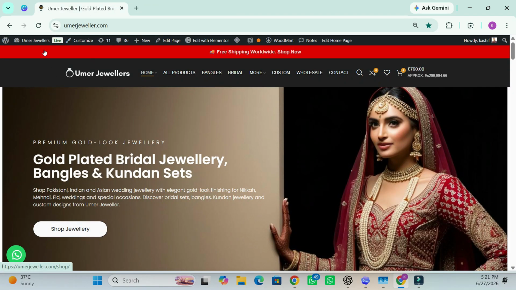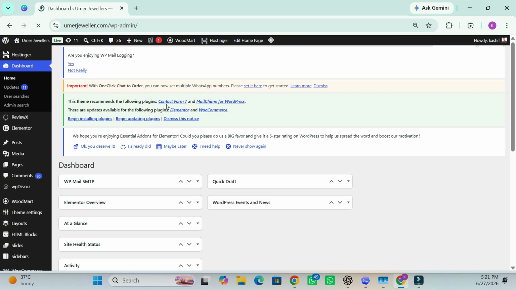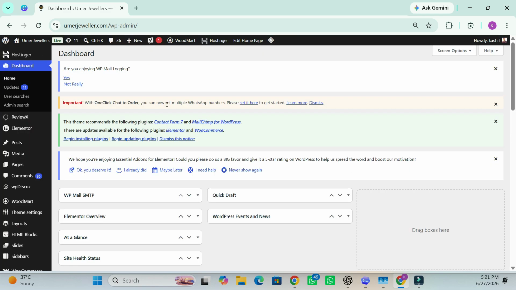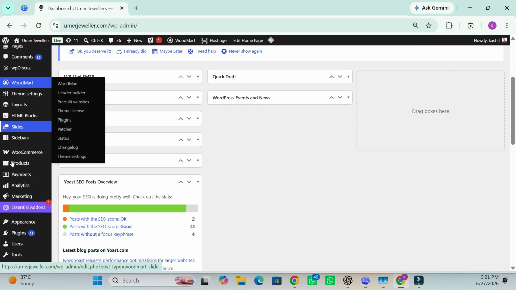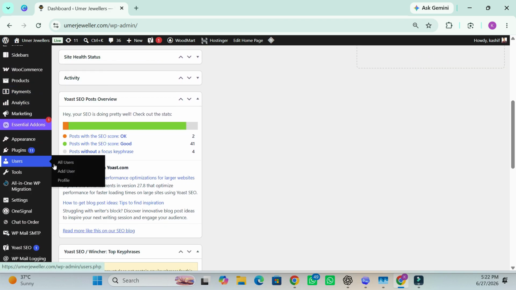Go to your website, and here first of all you will need to go to the dashboard. By the way, after connecting the Codex with your website, you will be able to upload any new blog post that Codex writes. It can write a blog post and publish it on your store on your behalf, and you can also perform a lot of other things. So just go to the users, and here go to profile,